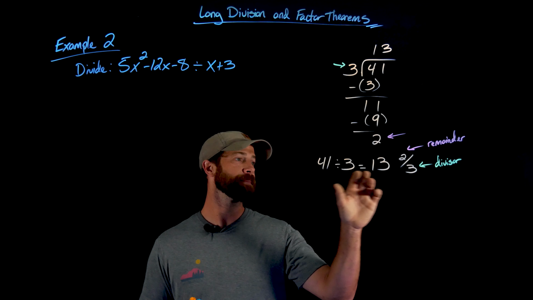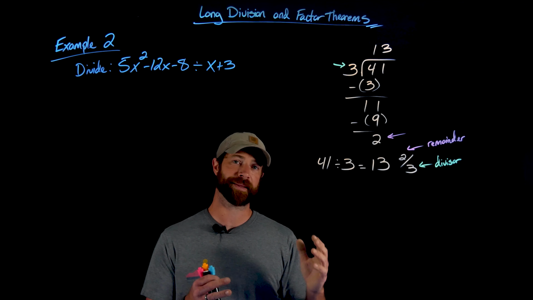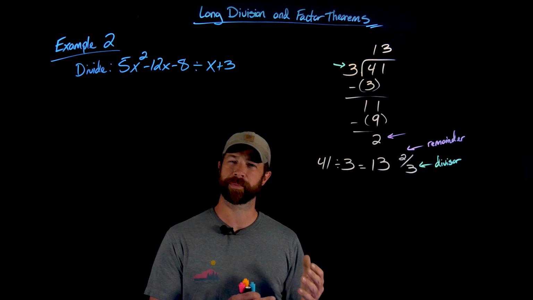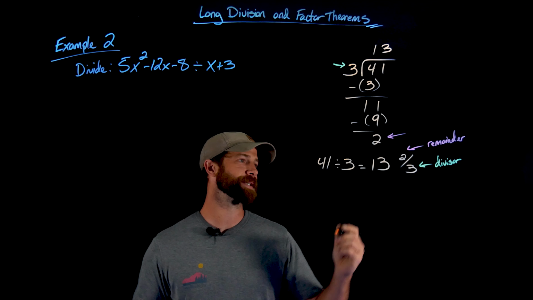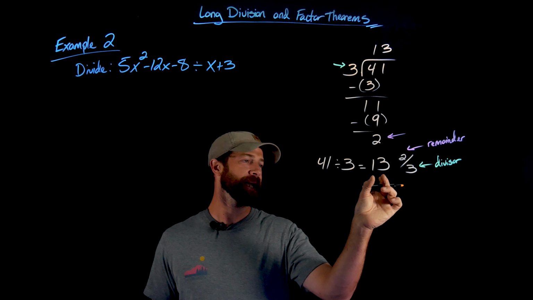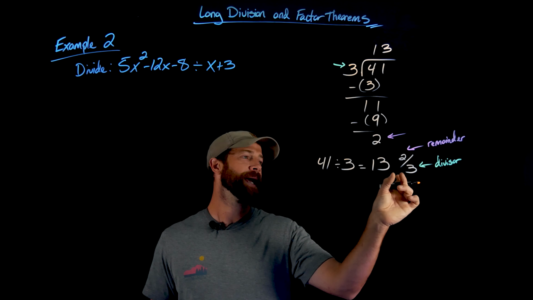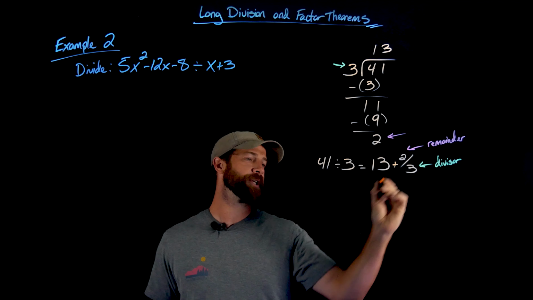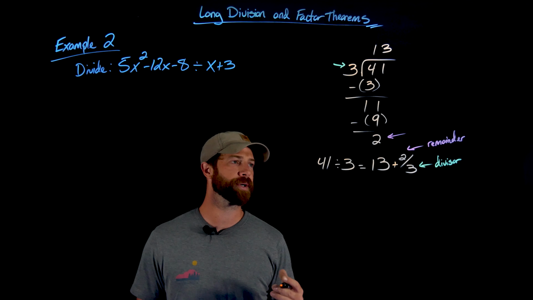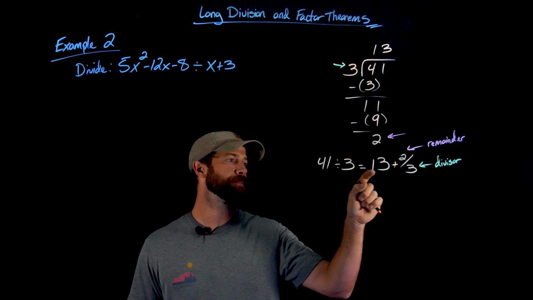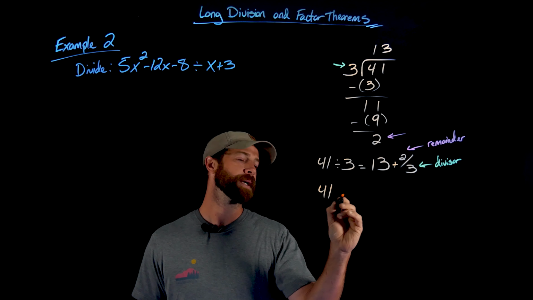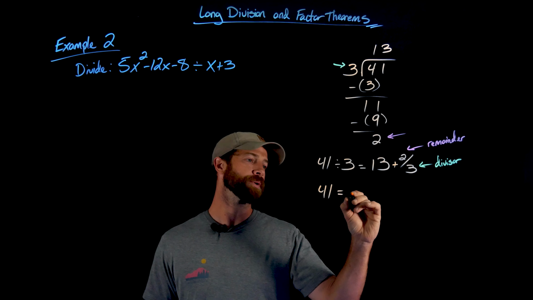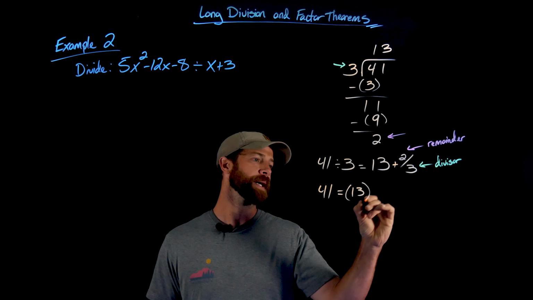Actually, if we multiply both sides of the expression by 3, we can get this more expanded version, or written in multiplication instead of division. Before I do that, just to make sure that we know this notation, when you write 13 2/3, what you actually mean is 13 plus 2/3. But if I now multiply both sides of this by 3, it results in this statement right here, that 41 equals 13 times 3